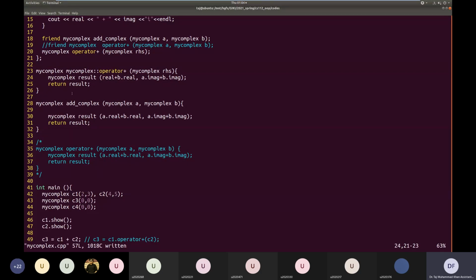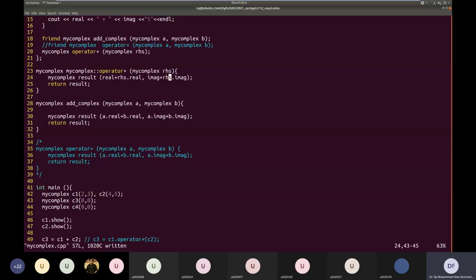And this will be RHS of real. And again, the left-hand side's imaginary part it already has access to, and the right-hand side's imaginary part is being passed to it as argument. So there you go. We have our plus operator as a member function.